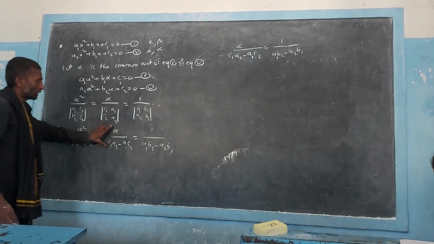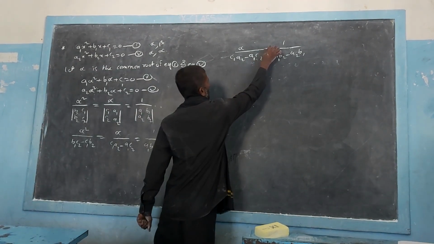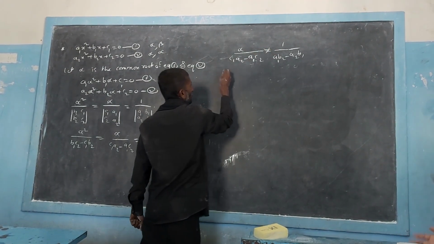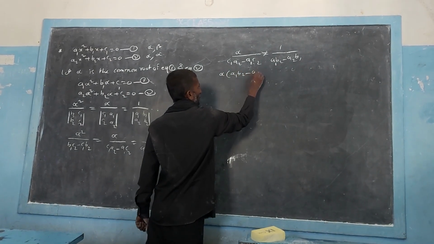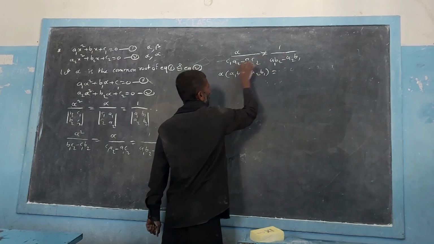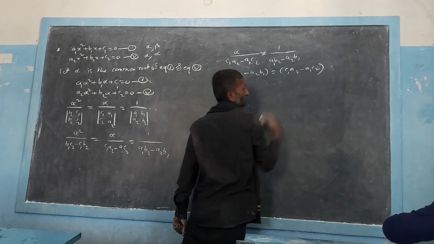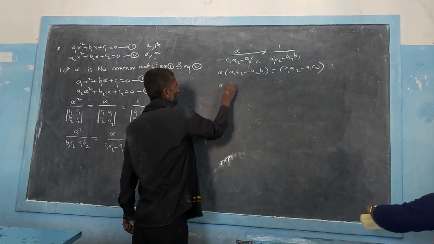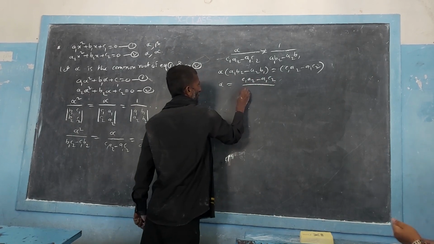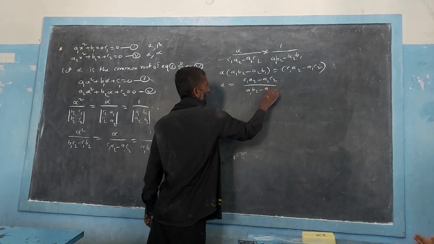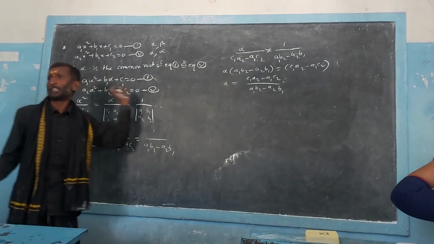I am equating the second one to the third one. So what happened? From it here we have alpha, it is enough. Putting a combination, you get alpha into A1 B2 minus A2 B1 will be equal to 1 into this one, C1 A2 minus A1 C2, right? Then what is alpha here? C1 A2 minus A1 C2 by A1 B2 minus A2 B1. So we got the alpha there. Alpha is a common root of both the equations.